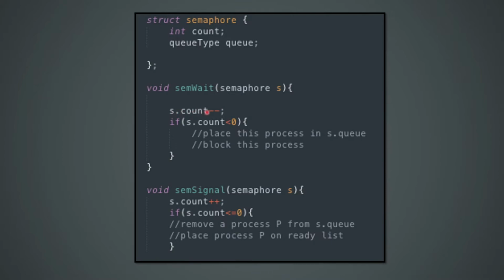That's why the count variable is decremented, and if we look here, we see that it says s.count less than 0. So if s.count is less than 0, that means that the critical region is already being occupied with enough processes, thus we cannot take in any more processes inside the critical region. Thus this new process that wants to use the critical region is then placed in the queue, in which it will then again be able to be served on a first come first served basis once the semSignal function is